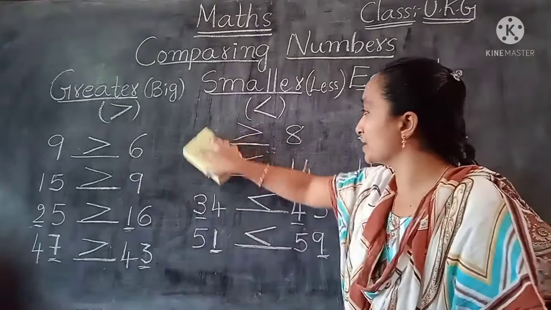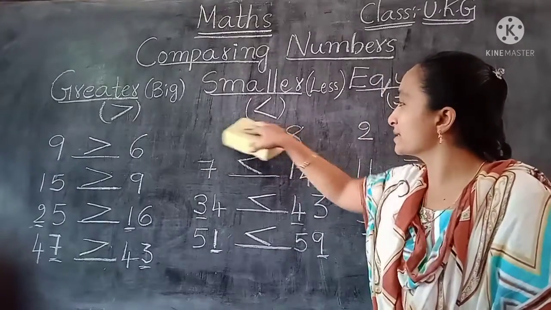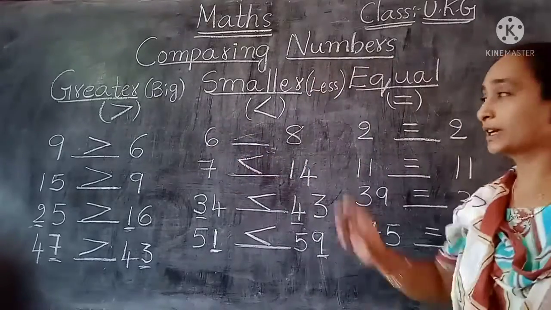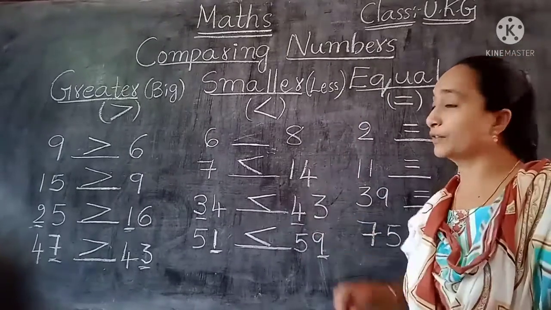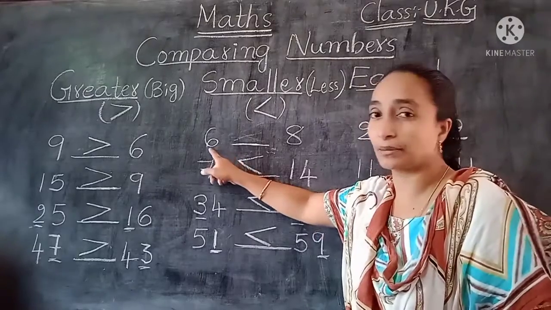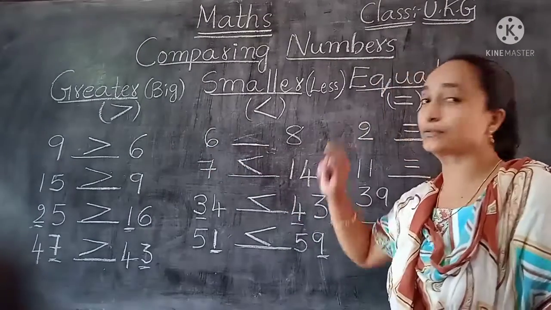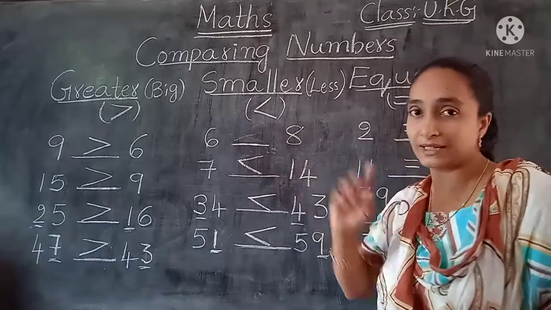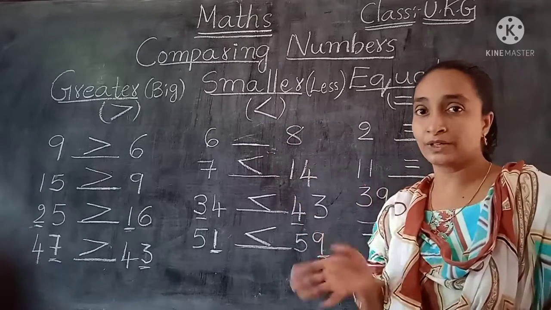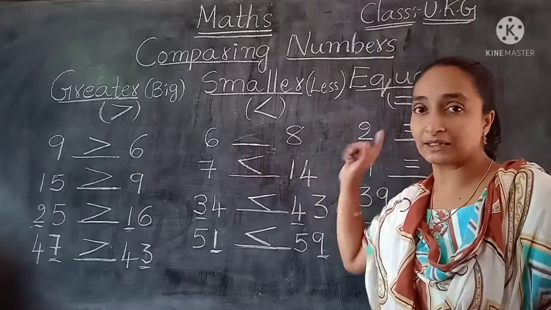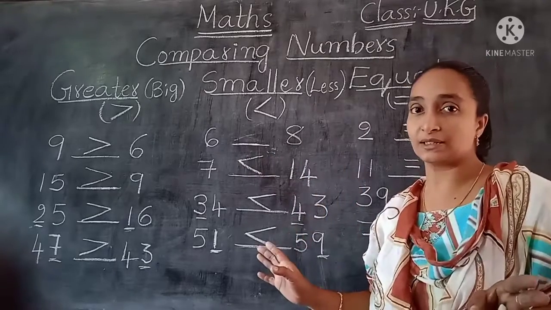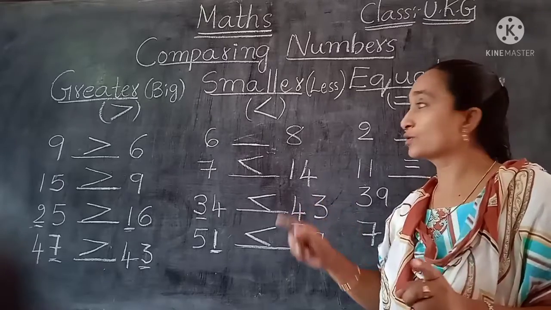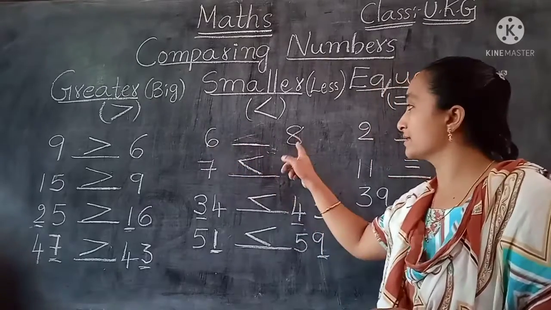Suppose here I am changing again. I am changing this number and the symbol is not there. So again we are going to 6. Now here I have written the 6. Now how could we find out? So again we are comparing this number. 6, and this side we have the 8. So how could we find out? Yes, we have to check. Both are 1 digit numbers. First we have to check how many digits there are. This is 1 digit, this is also 1 digit. So both have the same number of digits, but they are not equal. Why? Because this is 6 and this is 8.